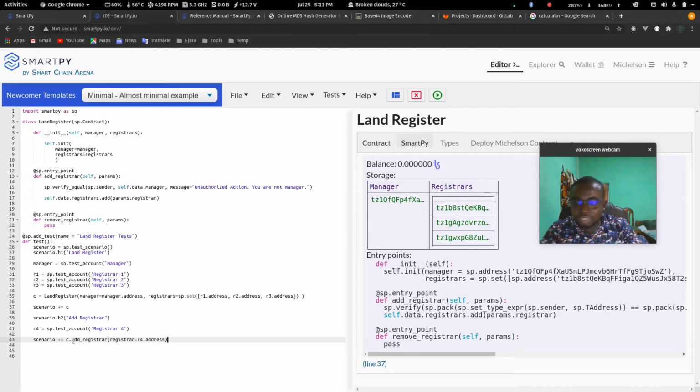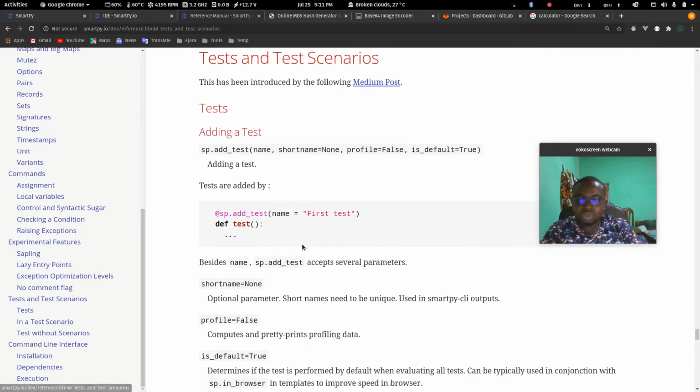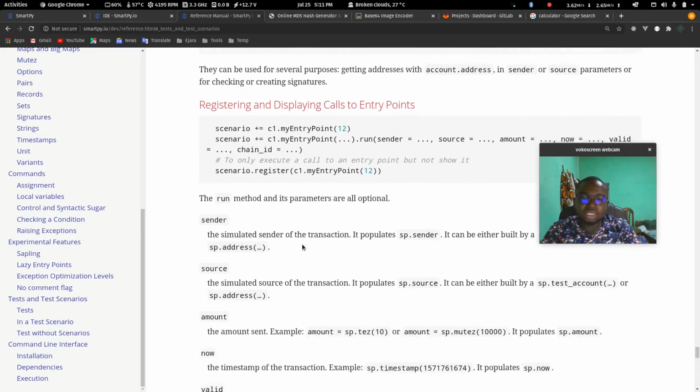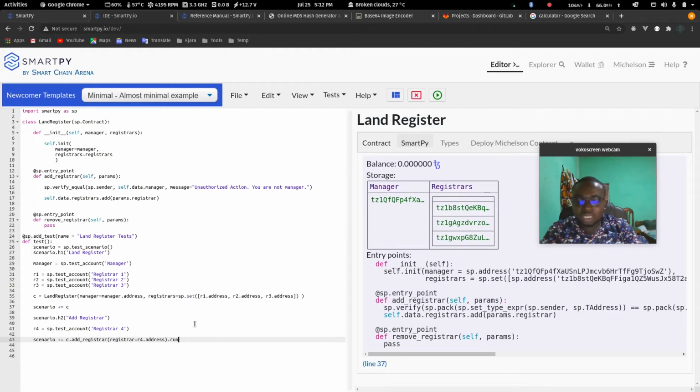So this is the endpoint add registrar, and now we can finish it, so we say dot run. When you go to the reference manual where it gives you the text tools, tools for testing, you can call an endpoint, and then you can say dot run, and then you can specify the sender, the source, the amount, and the valid, and all of that. So right now, let's say we are interested in the sender. Okay, we'll look at the other ones later. So dot run sender equals